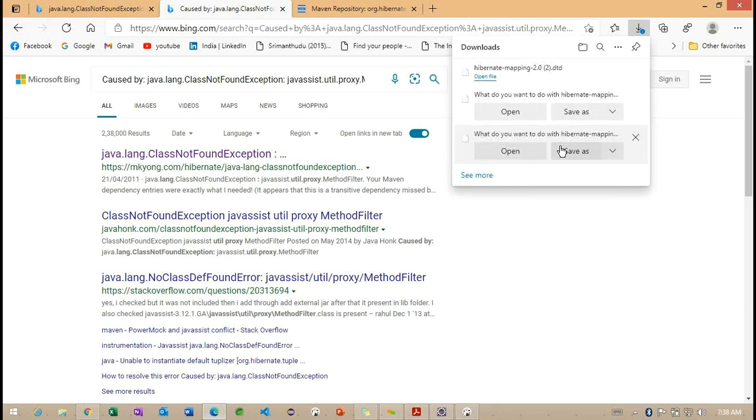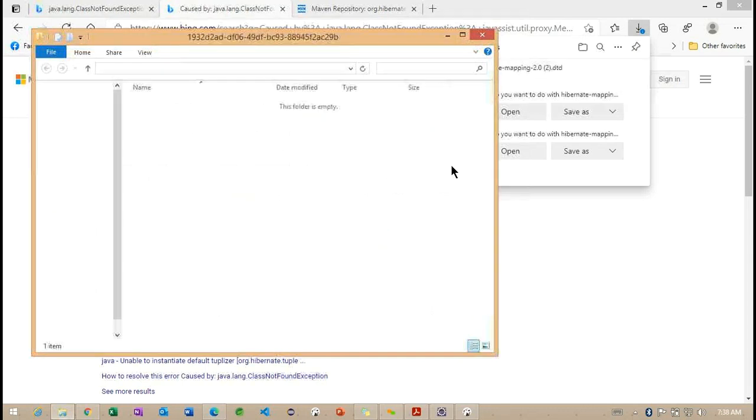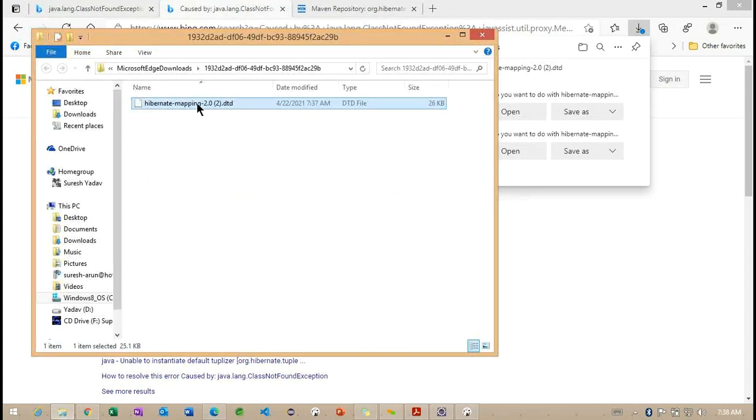Let me open this particular DTD file. I want to open it in Notepad++.